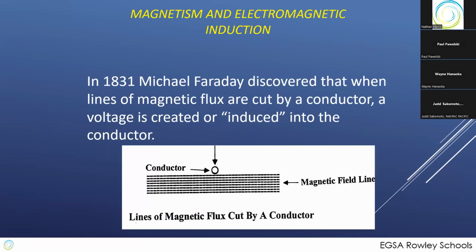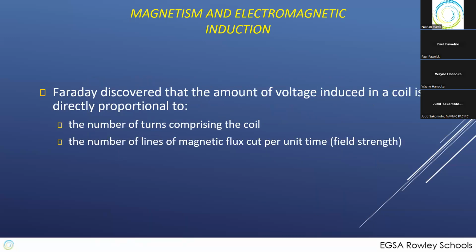All right, so thing is, everyone knows Faraday instead of Oersted. And the reason is because over a century after Oersted, Faraday was doing the same thing, but took the next logical question. If a magnetic field can be created by electricity, can electricity be created by a magnetic field? And what he found is that as long as a conductor is moving through a magnetic field, it will create